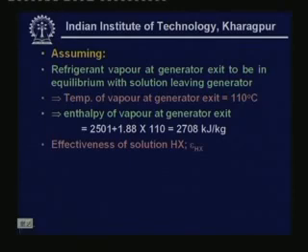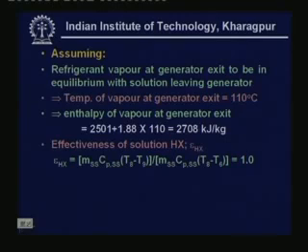Then, from the effectiveness of the solution heat exchanger. Effectiveness, as you know, is defined as MCP minimum into delta T actual divided by MCP minimum into delta T maximum. In this case the mass flow rate of the strong solution is less than the mass flow rate of the weak solution, and if you assume that the CP values are almost the same, then it is the strong solution which has the lower MCP product. As a result, the effectiveness of the heat exchanger is defined in terms of the strong solution flow rate and strong